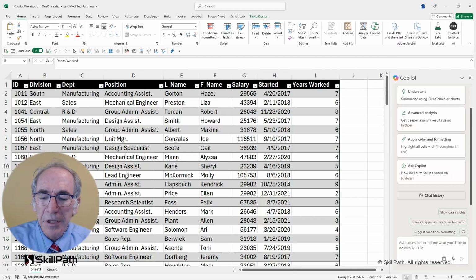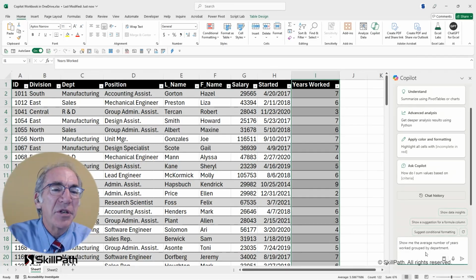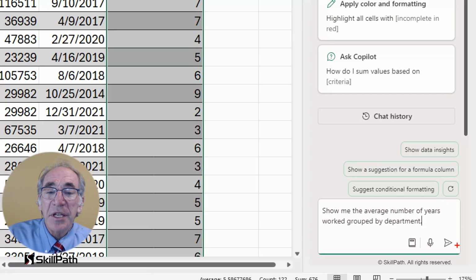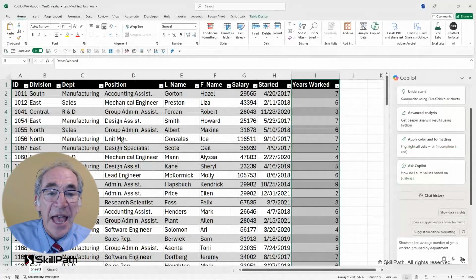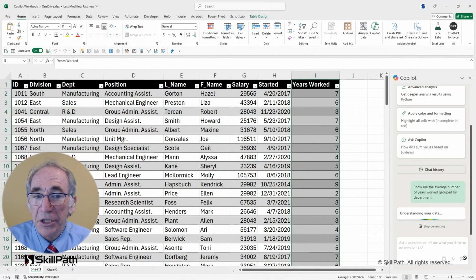For example, now that I know how many years people have worked, maybe I'm interested in the average number of years worked grouped by department. So I'm just brainstorming, thinking of things that I'd like to see. Show me the average. And so if I send that on to Copilot, we'll see what kinds of results it suggests.